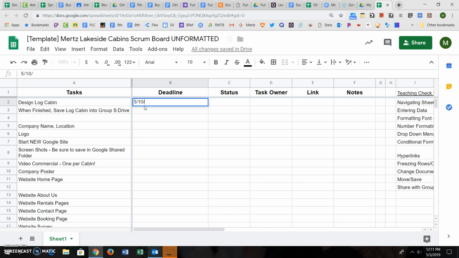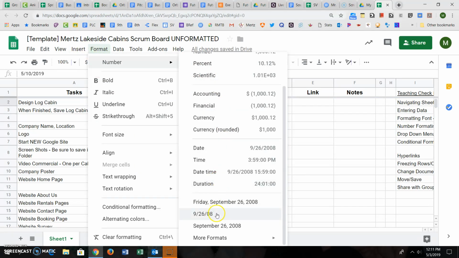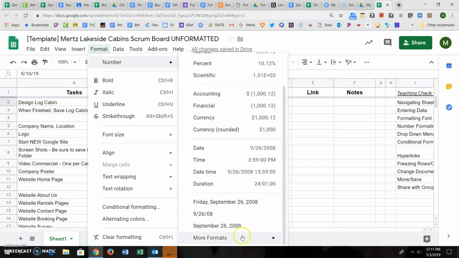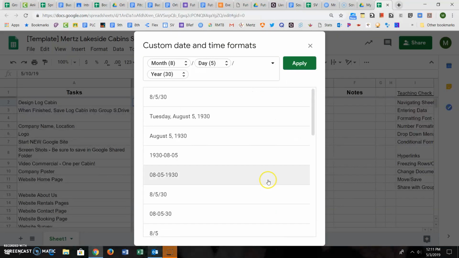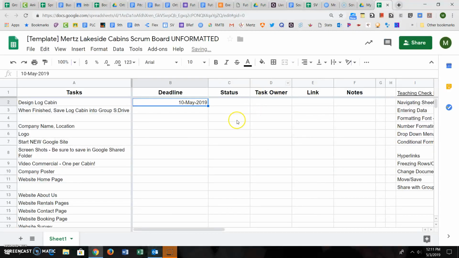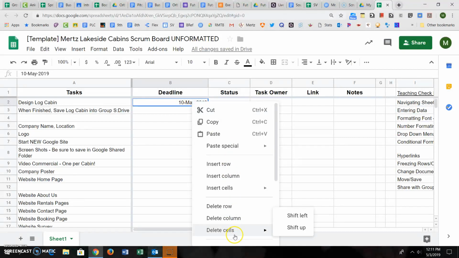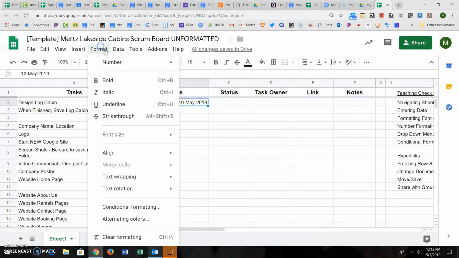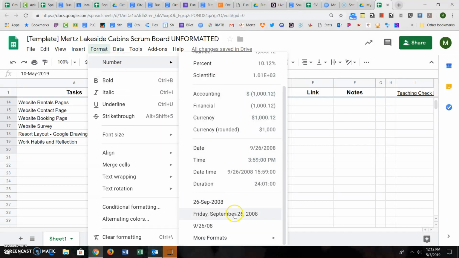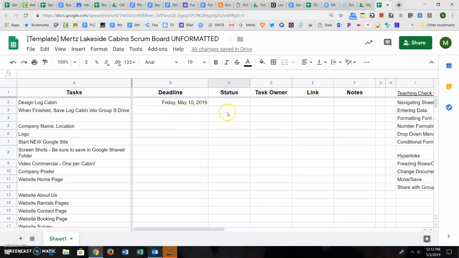Let's try it this way. So now the date appears like that. If I want to change it back, now it's in that format. So it's a way of how numbers appear. And you can look at more dates and times, etc. I kind of like it with the actual day, because then you can look at it each week to see if it's coming up or not. Okay, so that's